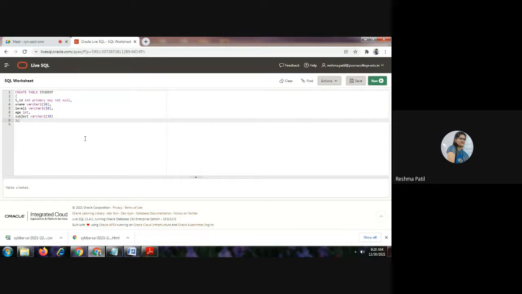Or shall I continue with this? Students, speak something. Yes, ma'am. First create this table. After creation of this table, tell me, I will show you the second table. We will insert the records also after creation of this table.